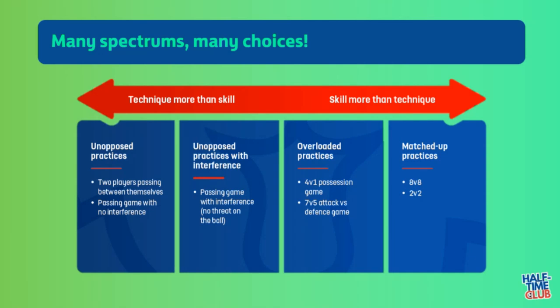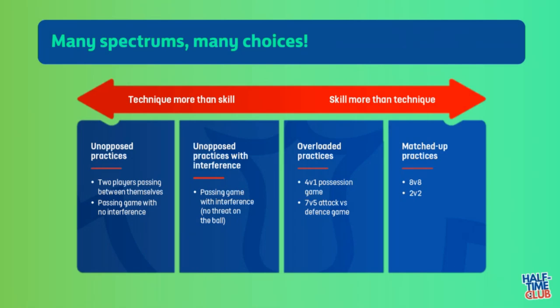If we look to the second part, unopposed practice with interference, this means there's still no threat on the ball, but there is a bit more variety going on that the players have to contend with, which may challenge some of the technical stuff they've worked at previously. So if you think about passing backwards and forwards, we may now be passing at different angles, in different ways, at different speeds, at different heights, using different surfaces. So all of a sudden we're interfering with that basic level of technique, the mechanics, to try and hopefully make it more variable, add more variety, which probably looks more like the game.